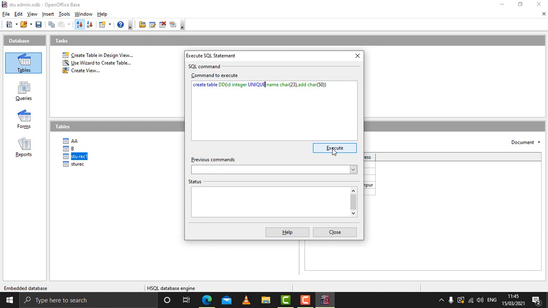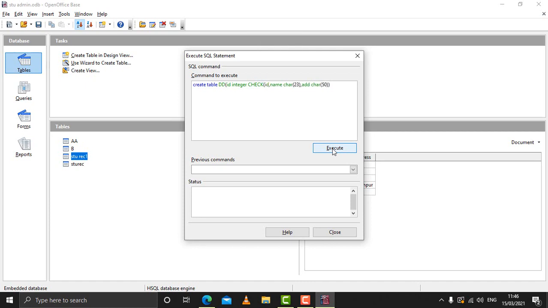Say for example, in the same table, in this id field, you want the id to be all positive integers, so the id should not be 0. For that we can put a constraint here, we'll write check, and then in brackets you will write id, the field name, and you will write the condition.